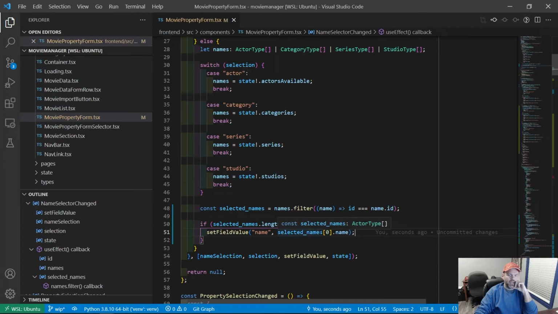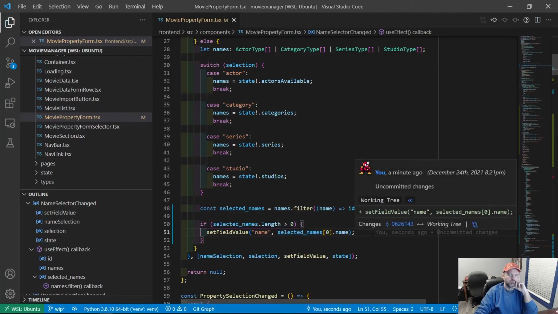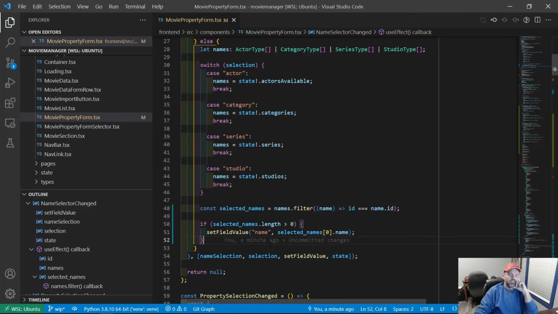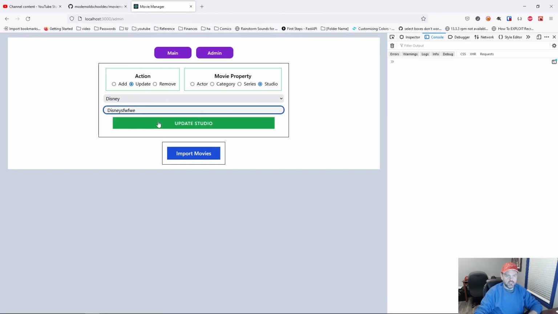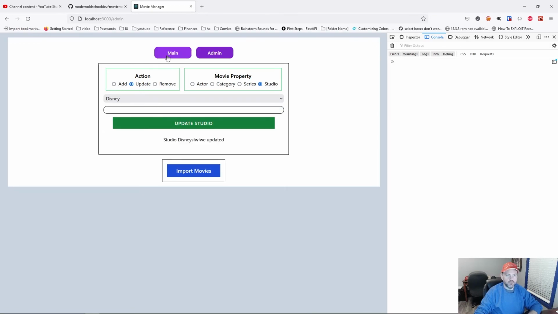Because even though we could have a selected names, it wouldn't have to actually have a name. So, I don't know. It's fine. We just need to guard against that possibility. And I think that's looking pretty good. I think our stuff looks good. So if I update Disney, does it work? Yeah. And if I fix it again,